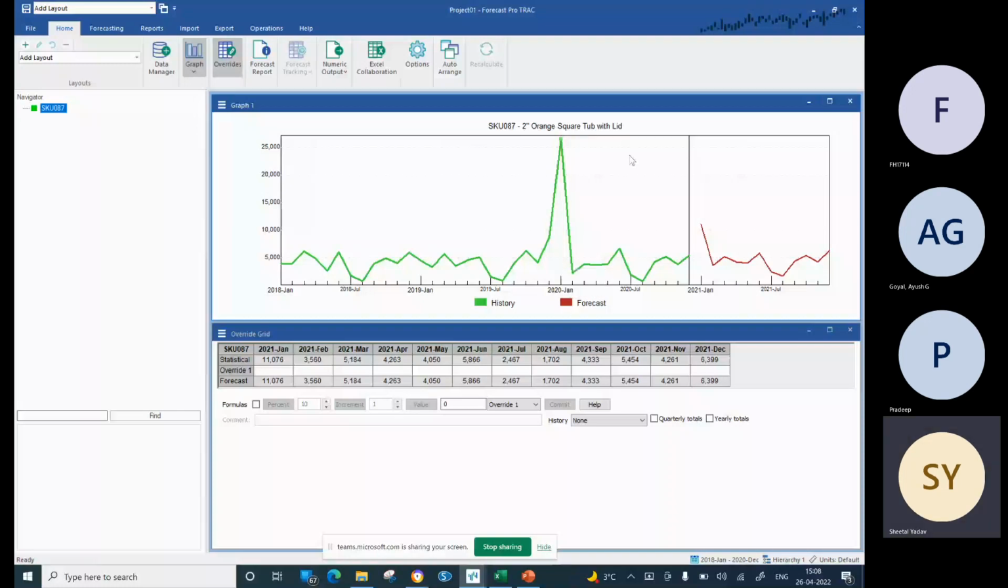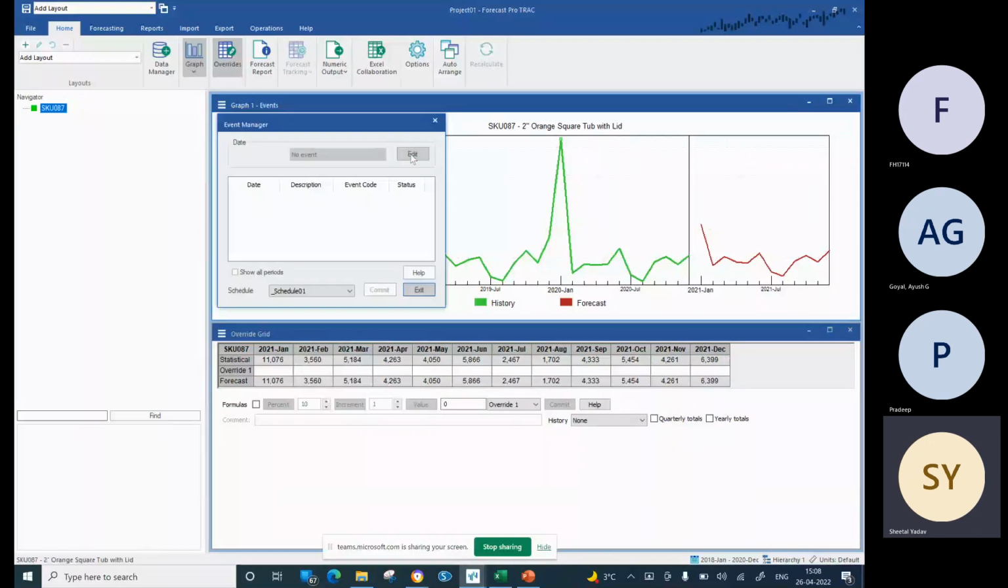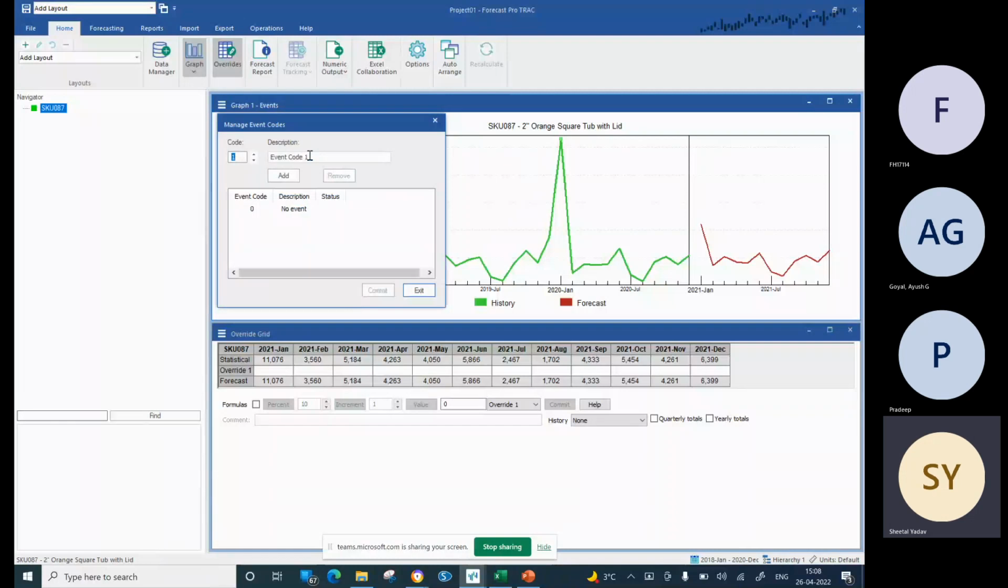So now, how do we manage in such cases? Because this is detected as an outlier by the system. So one way which we discussed in our last call was managing the event. Now, how do we manage the event? We can actually create an event in the system saying this was a giveaway scheme because of which the